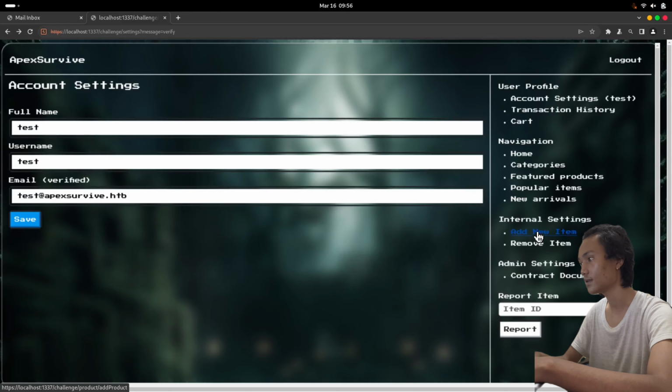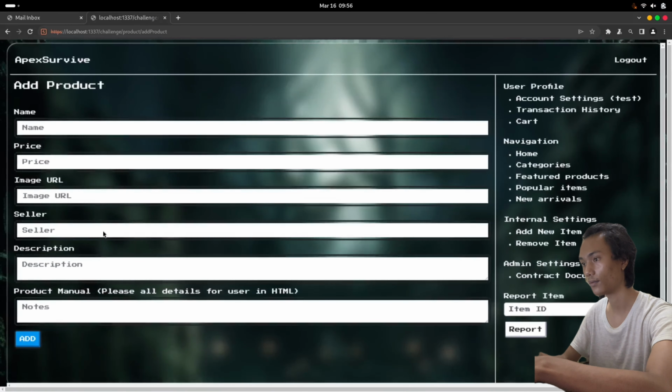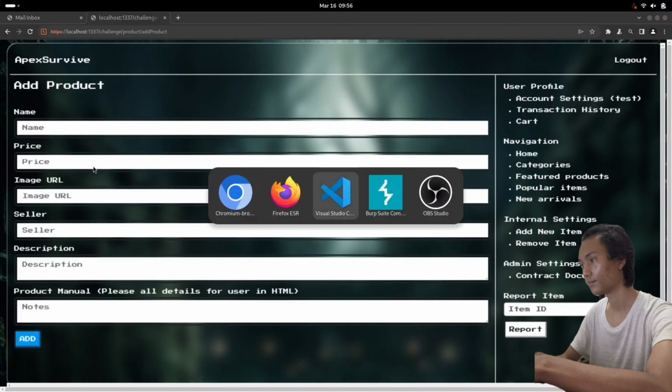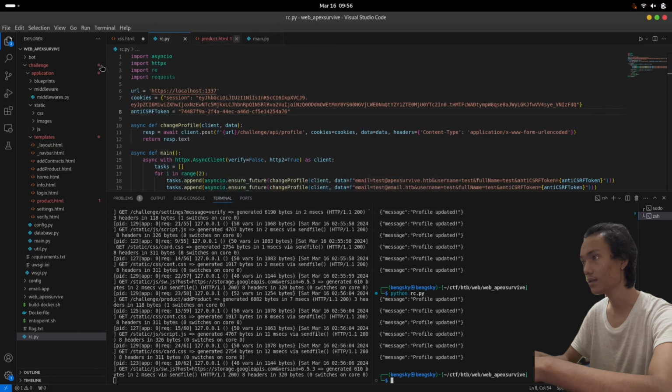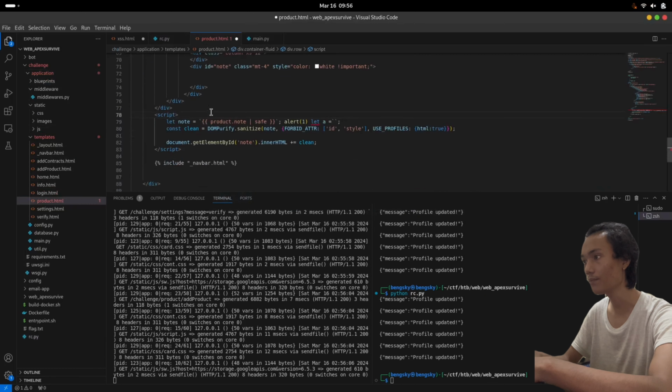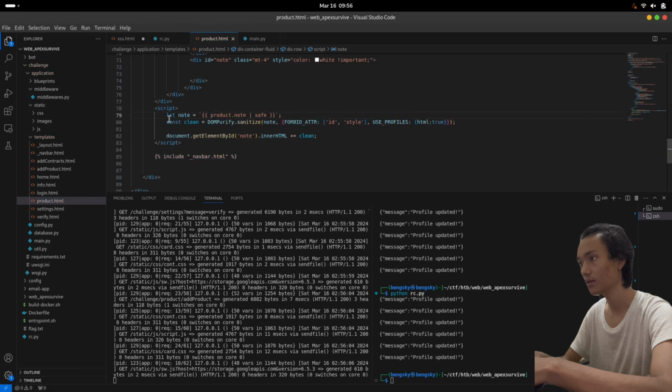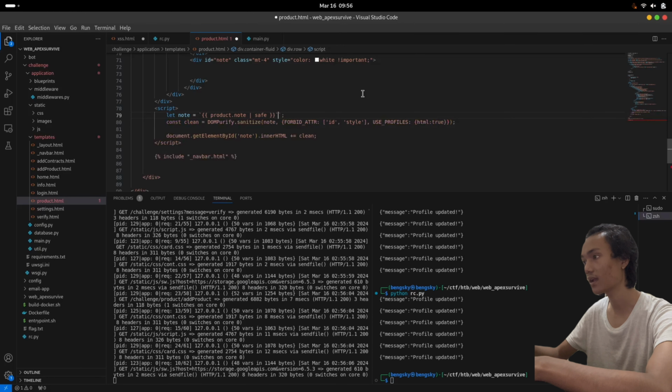So the XSS was in the product. You can see it in the product HTML. For the let node, it takes the product node as safe, so there is no escaping of the string. We can inject a backtick, then a semicolon here, and then we can inject any XSS, for example alert.